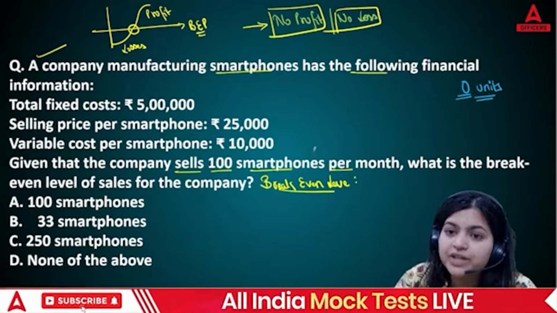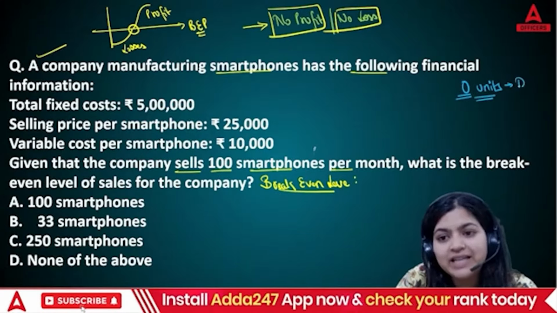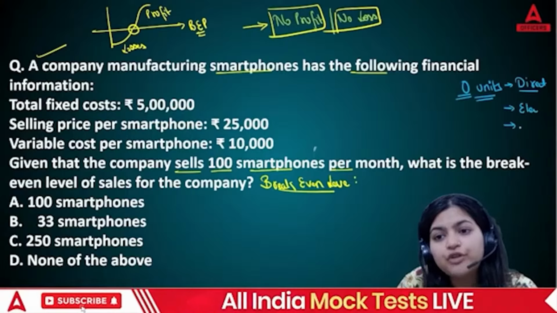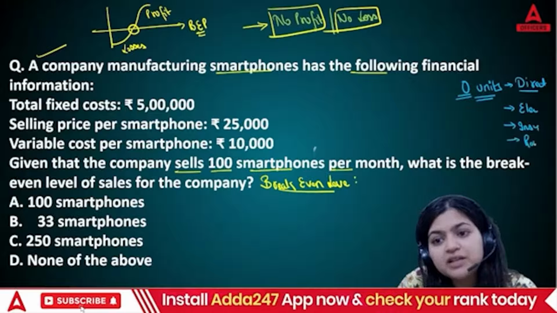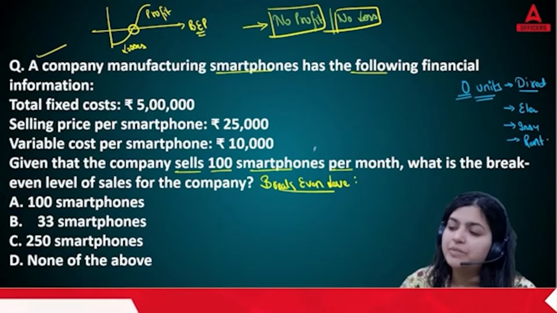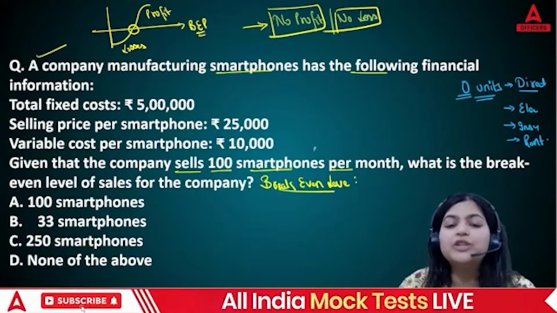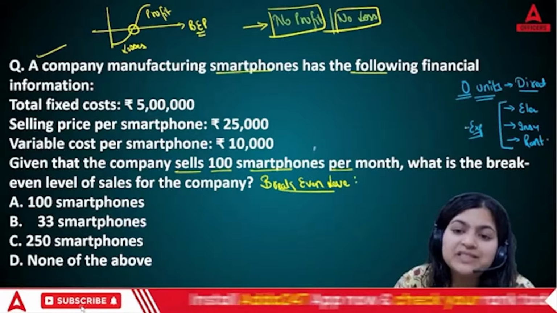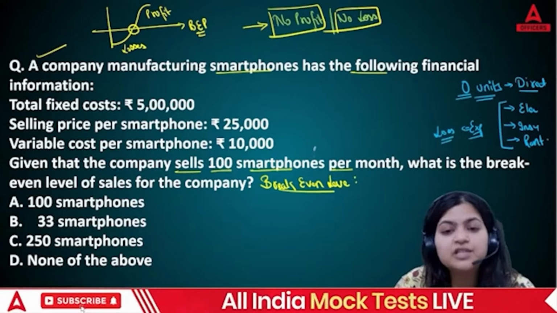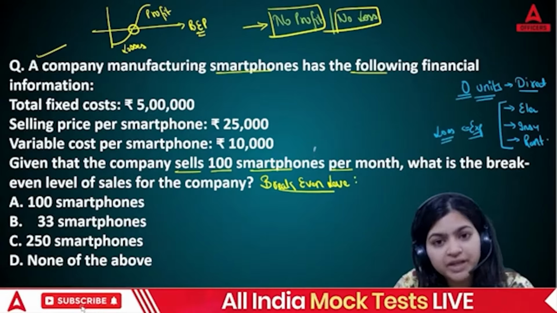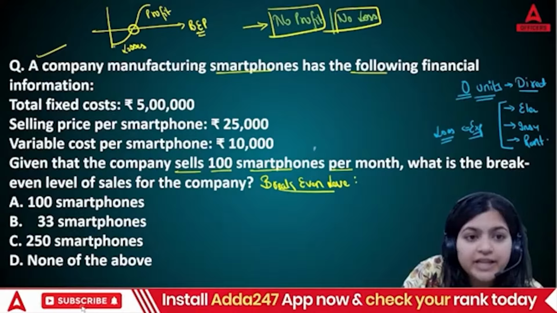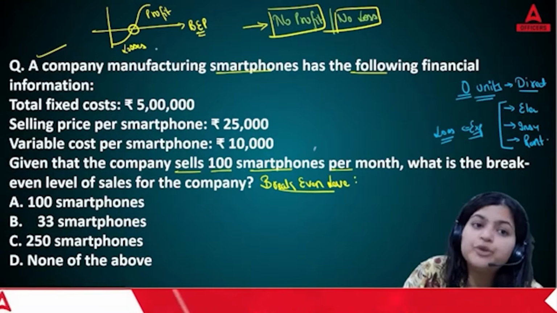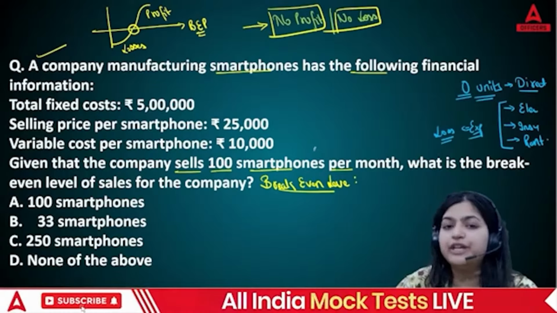Why? Because at 0 units, though you are not going to incur any direct expenses, like no raw material purchasing, no labors, but then also you need to pay for electricity expenditure, for insurance, for rent. Some expenses are constant, whether you do the manufacturing or not, these expenses are required to be paid. So you are paying expenses without generating any income, so you will be seeing loss in your company. That is the point you need to remember. So here, 0 unit is not your answer. We are going to produce some units, but that unit will not give you any profit or loss.